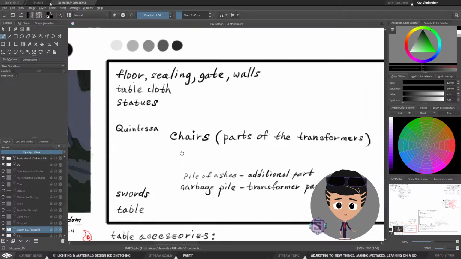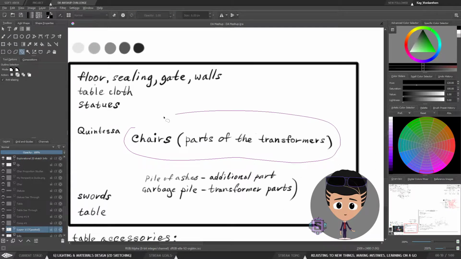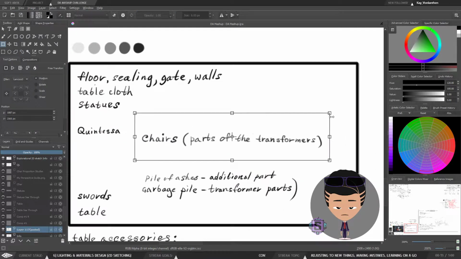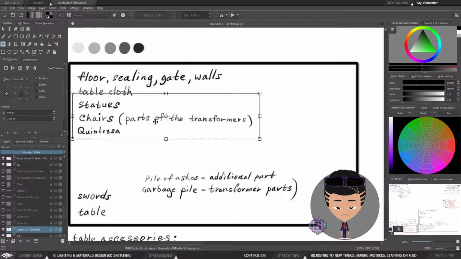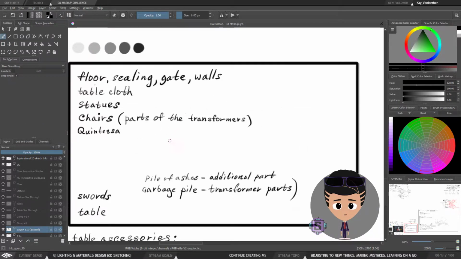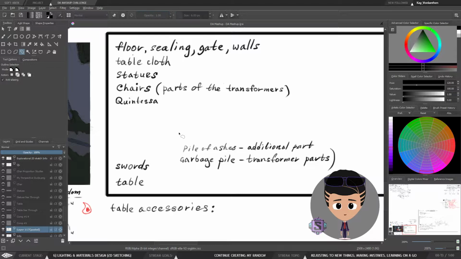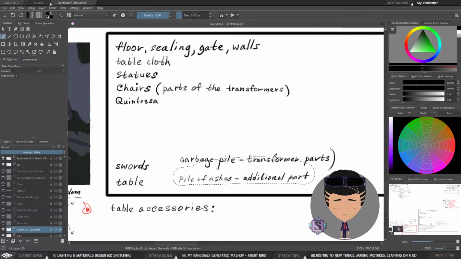So first statues, then chairs, actually, to make it a little bit smaller, then Quintessa, then piles of ashes. No, piles of ashes is going to be on the bottom, because